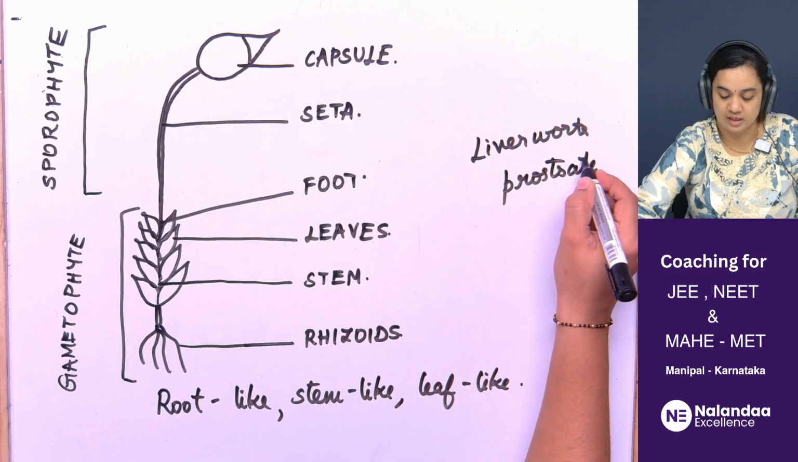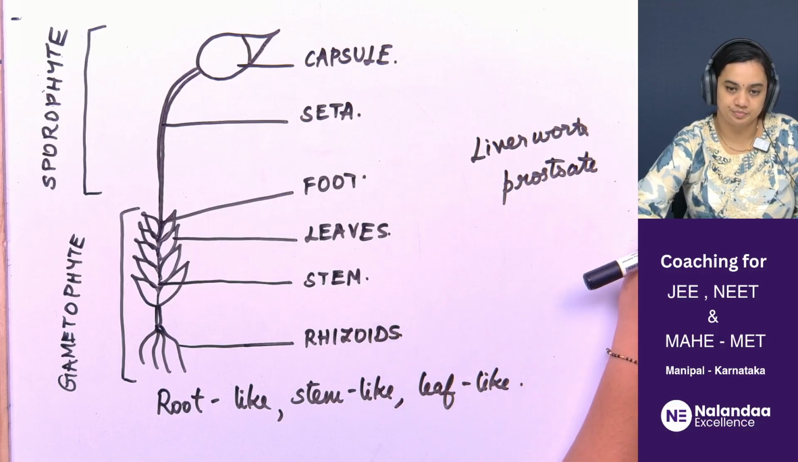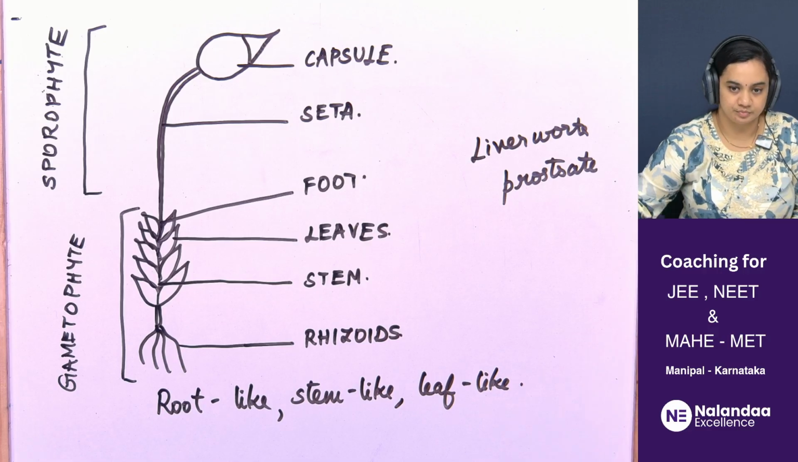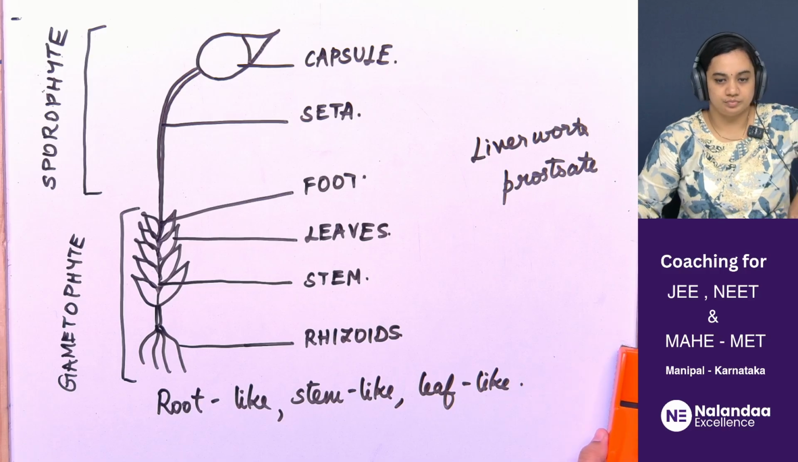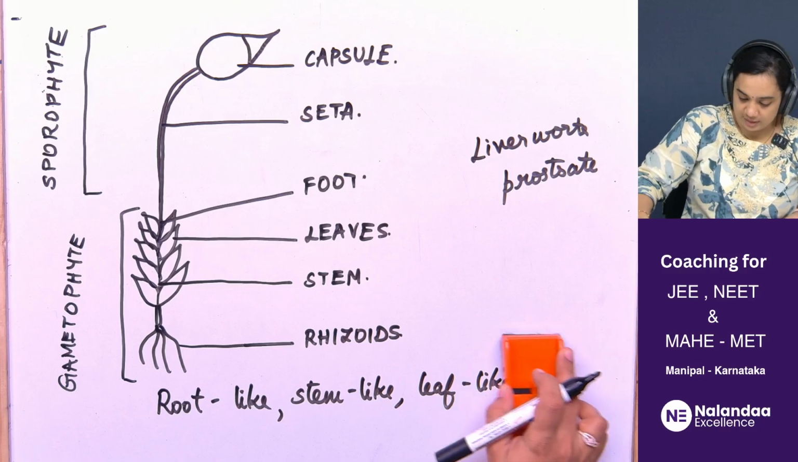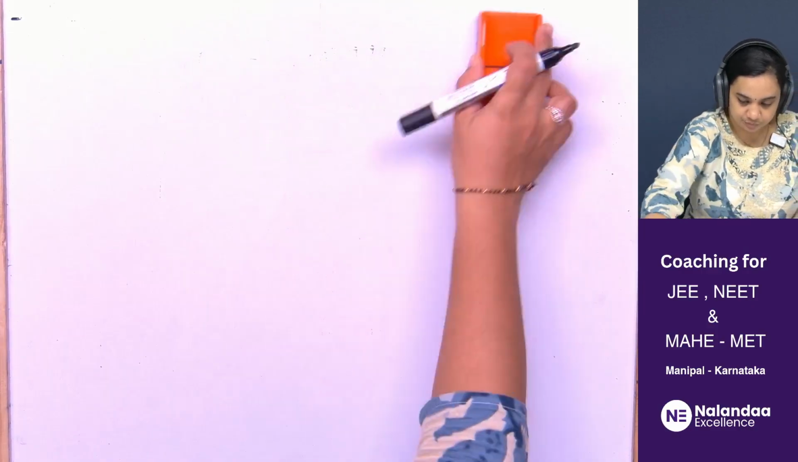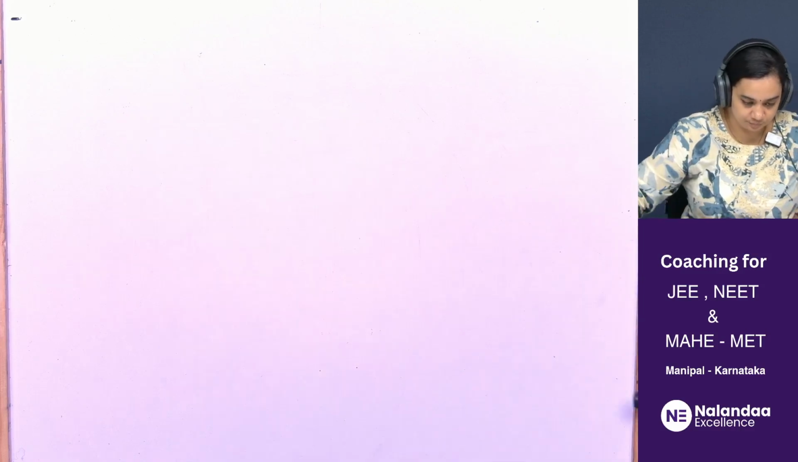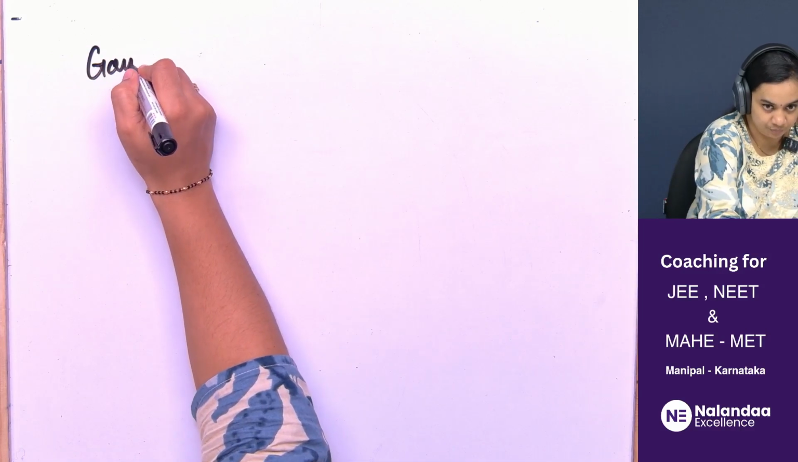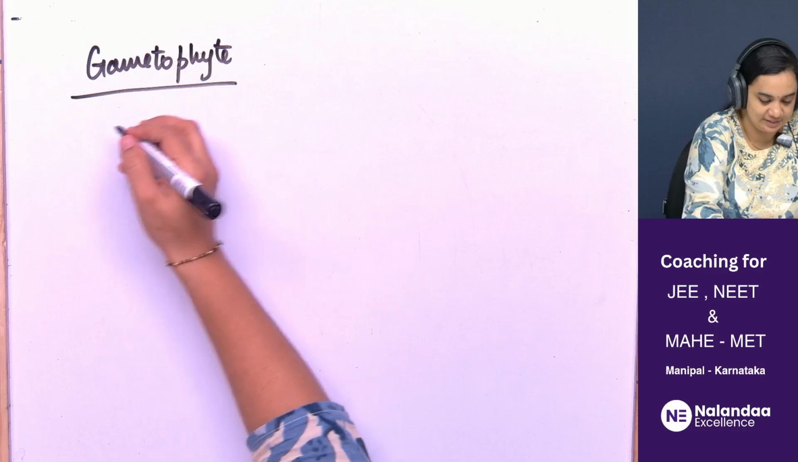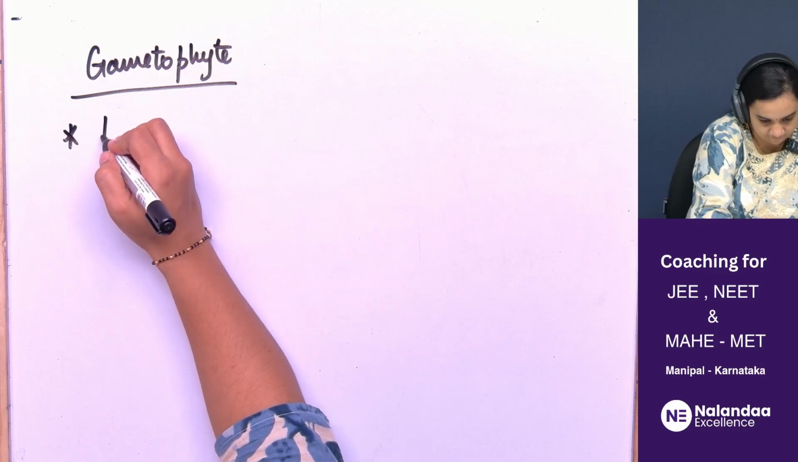These grow vertically. Bryophytes grow vertically upwards. All right, so let's now talk about the thallus in detail. Like I said, the gametophytic thallus has